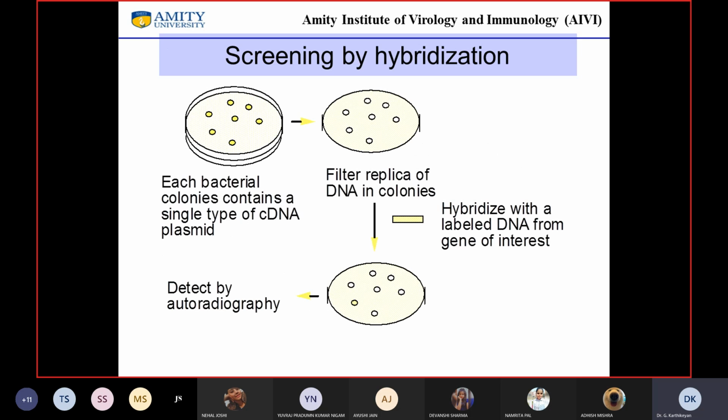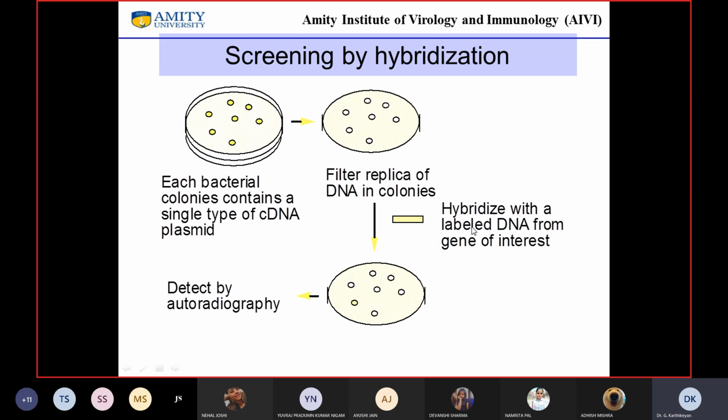We'll see quickly what those things are. Okay, so screening by hybridization. In this case, for bacterial clones, we saw this in the last lecture also, right? So these are clones that are plated. You put a nitrocellulose or a nylon membrane, so you actually have a replica of these colonies.